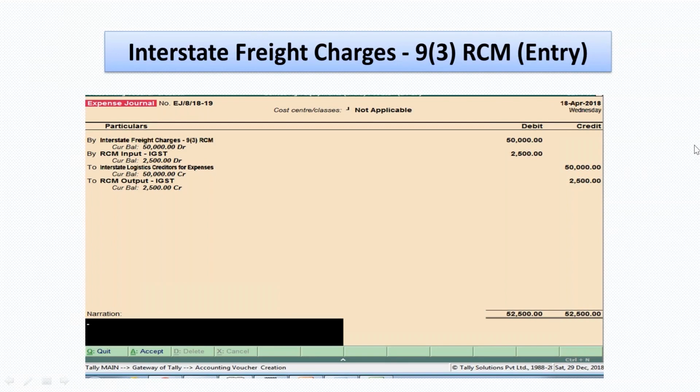Can we do entries with only 3 ledgers? Yeah, that is possible. In case of expense entry done by using purchase voucher, will the amount of TDS automatically come, and for the purchase entry, will GST and TDS reports be generated properly? Yeah, if TDS is properly configured, as I already showed you with the entries, it will be enabled, not a problem.